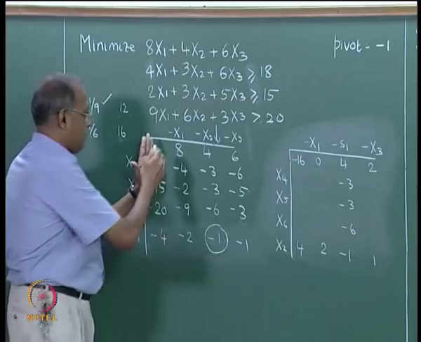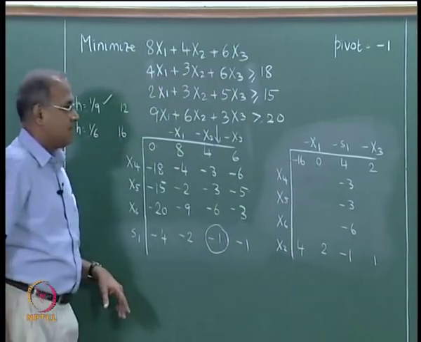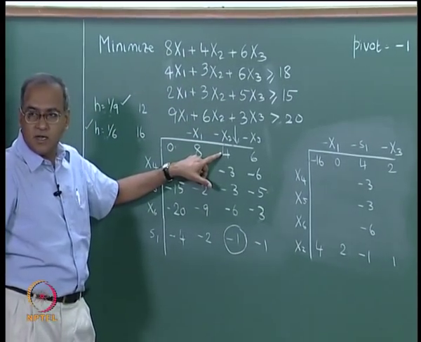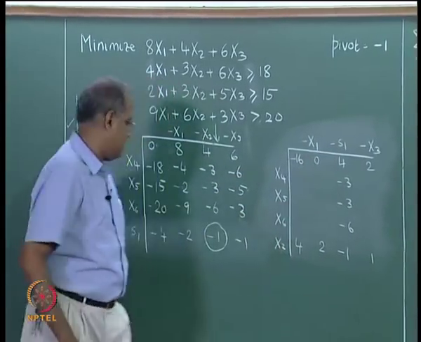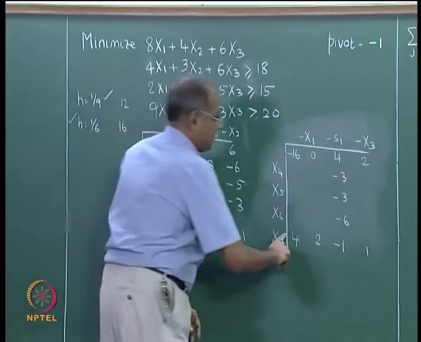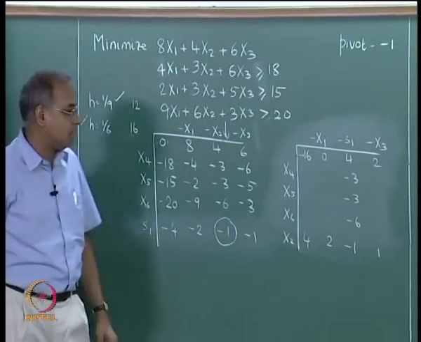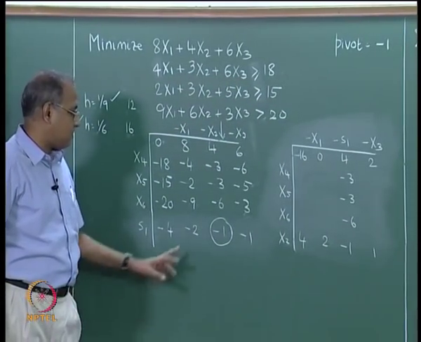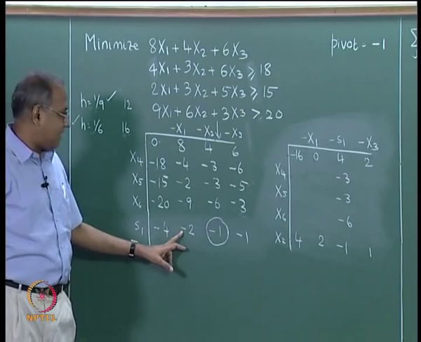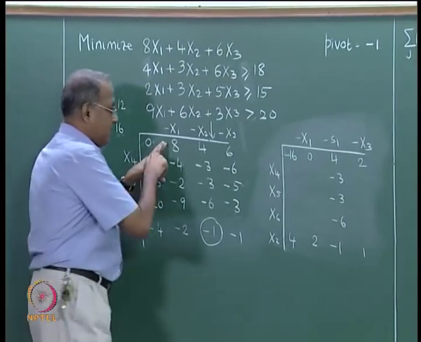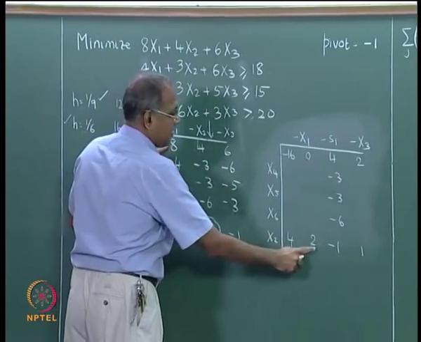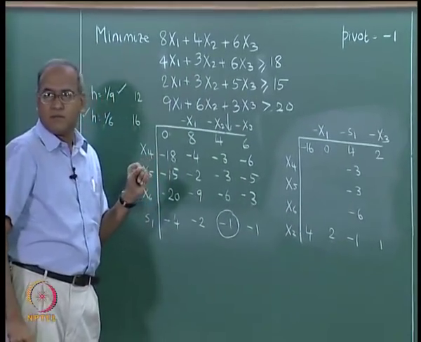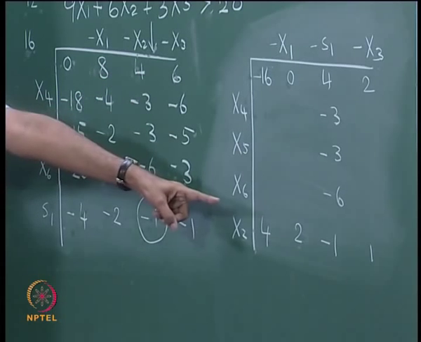If you go back and see how we computed this, this is our entering column, so the pivot column. So, we wrote this first. This is our pivot row, we wrote this 4, 2, 1 and 1, and then we said that this will become this minus this into the corresponding number here. So, 8 minus 4 into 2.